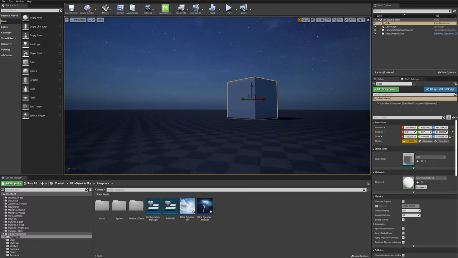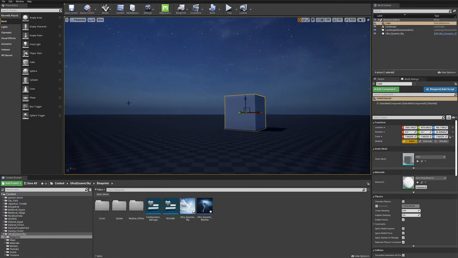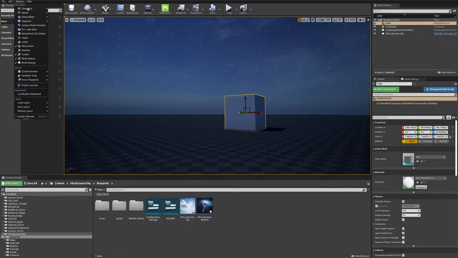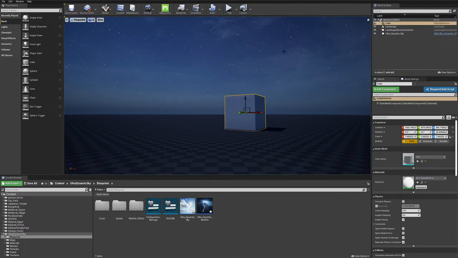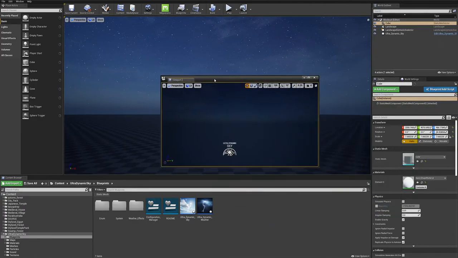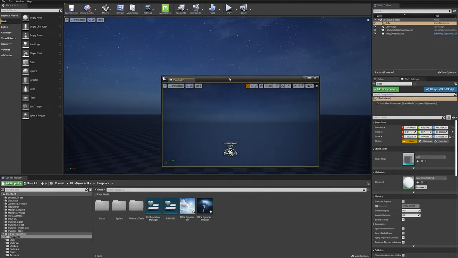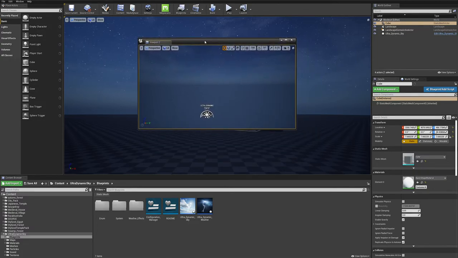Another thing that I think would be quite cool to tell you is, say you've got 2 monitors, then another way that you can really help yourself here is if you go to Window at the top, Viewports, and then Viewport 2, you can actually add a second viewport. Obviously I can't show you on this video because I'm recording just the one screen, but you could add this to your second screen,